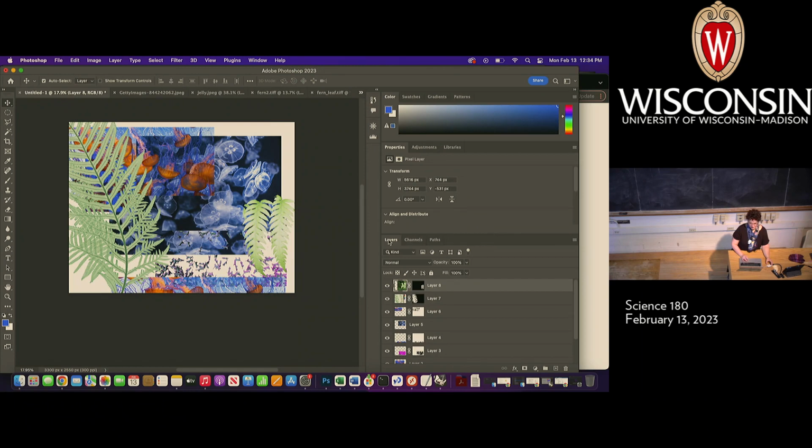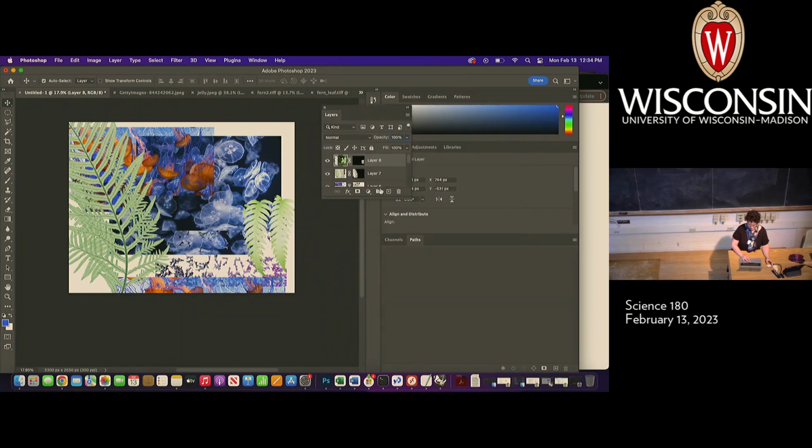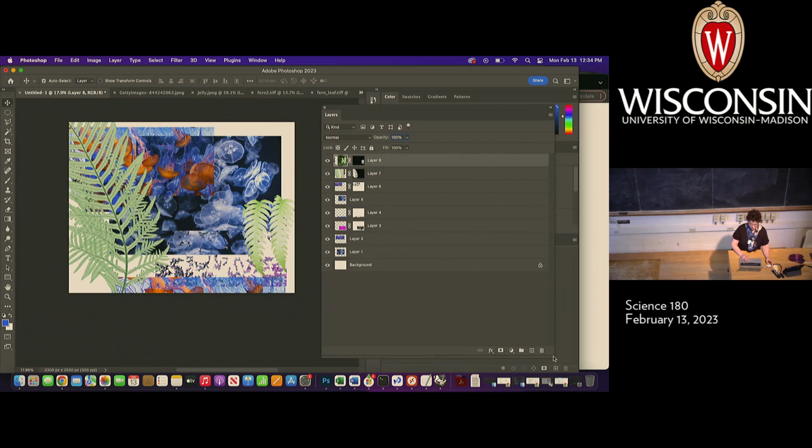One thing you might want to consider doing when you're doing this type of task is you can pop out the layers palette like so. And it basically just allows you to dominate with the layers palette a little bit more. There are certain times when you're using Photoshop, you don't need to use the layers palette at all. This is a time where we're using the layers palette a lot, and we need to see what's going on. So I like popping out windows when I'm in a period of using them a lot, just for ease of use. So I think that actually this one, even though it's already down here, might be a really